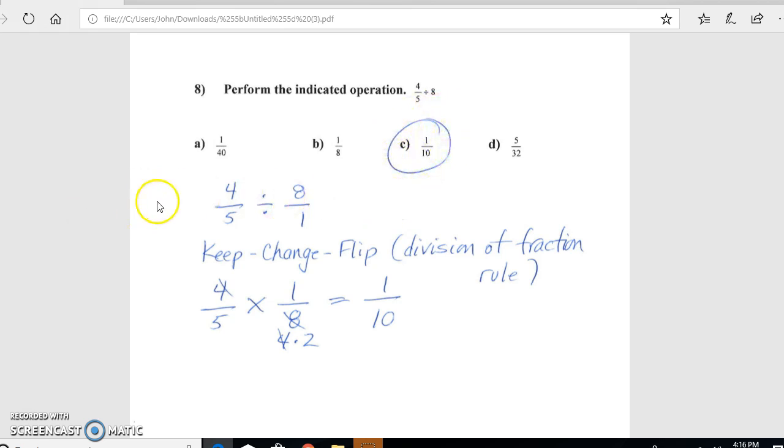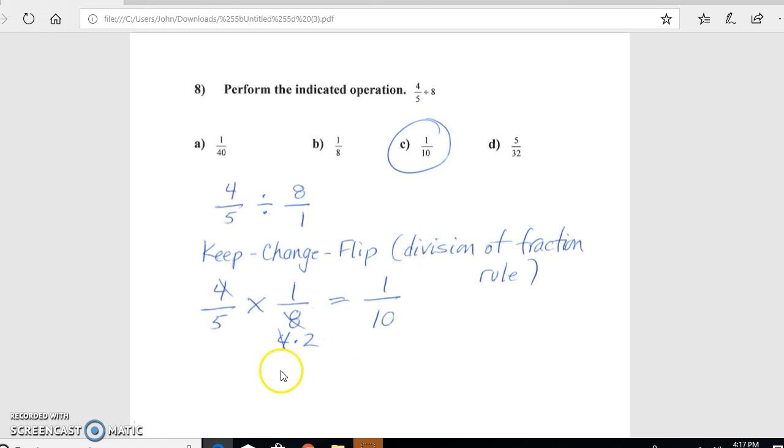I've worked it out here by hand, where we have 4/5 divided by 8, and I can take that whole number 8 and put it over 1 to make it a fraction. And then the rule for division of fractions is keep, change, flip, which means we keep the first one the same, 4/5, and then we change the division into multiplication, and we flip the second fraction, and this one would